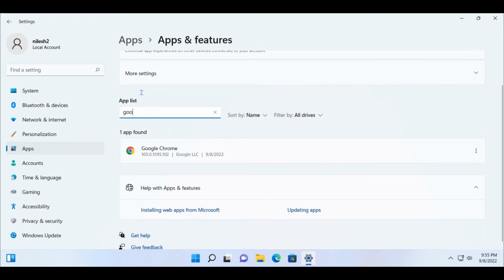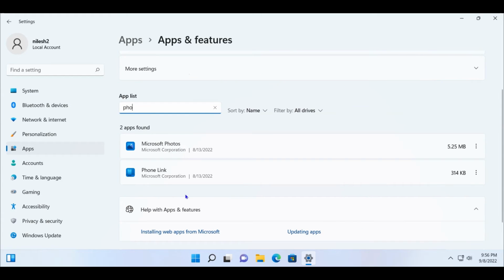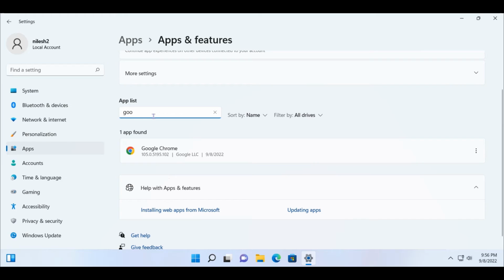This is pretty much easy, guys. You just have to type some initial letters of your application and you will find it in the search results. Let's suppose you want to search another application like Photoshop, then you can just type photo and you will get results related to photos. Photoshop is not installed on this computer, so I will go ahead and search Google Chrome again